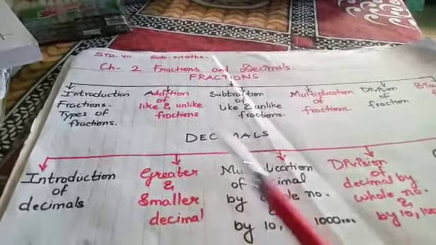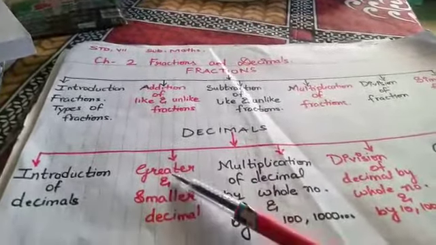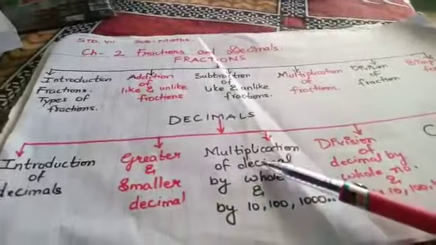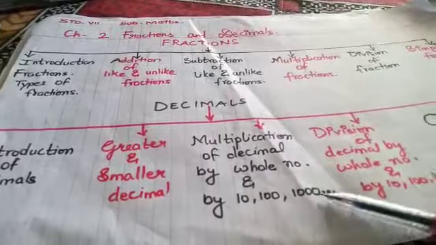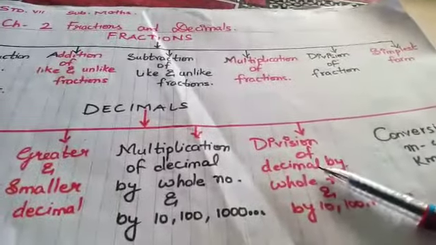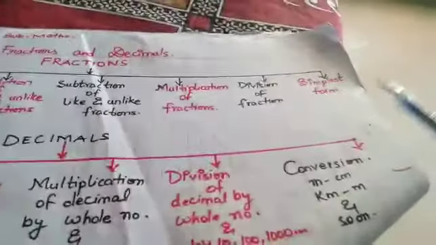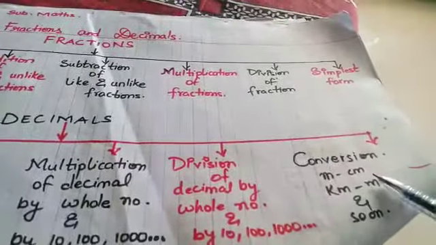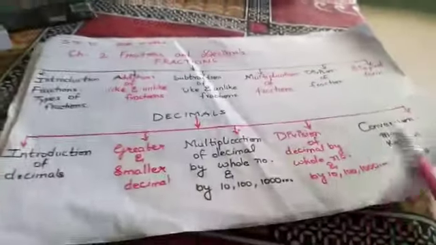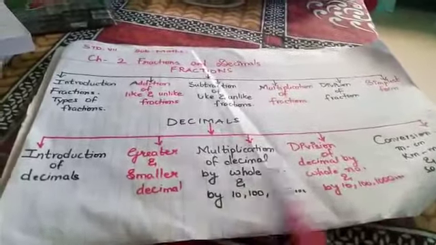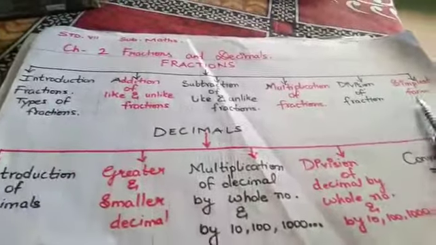In decimals I will give you an introduction of decimals. What are decimals? Greater and smaller decimals, multiplication of decimals by a whole number and by 10, 100 and 1000, division of decimals by a whole number and by 10, 100, 1000, and last conversion of meter into centimeter, kilometer into meter, and so on. So these are the topics we are going to learn in decimals, and these are the topics we are going to learn in fractions. So about fractions I will